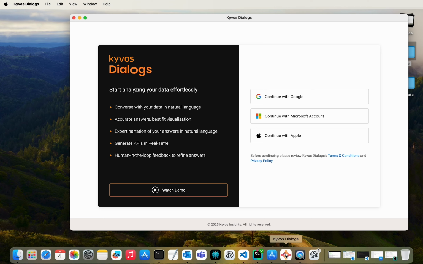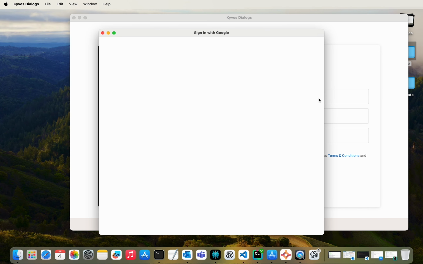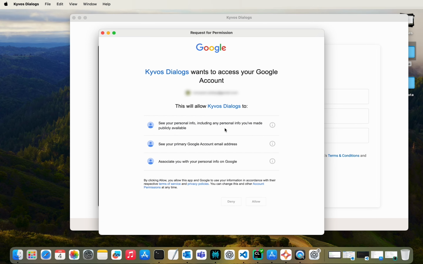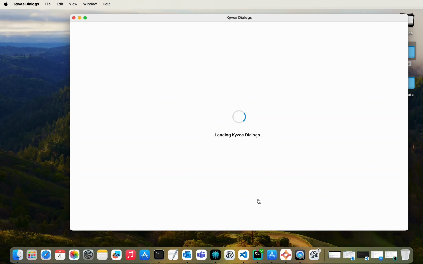You're looking at the Kyvos Dialogs application running on Mac OS. It's a fully featured desktop application with native, seamless experience. Upon launch, you'll be prompted to log in. Authentication is quick and secure. Here, we're using a Google account to sign in. For first-time users, the application automatically sets up your profile, assigns appropriate privileges, and performs the initial bootstrapping to create